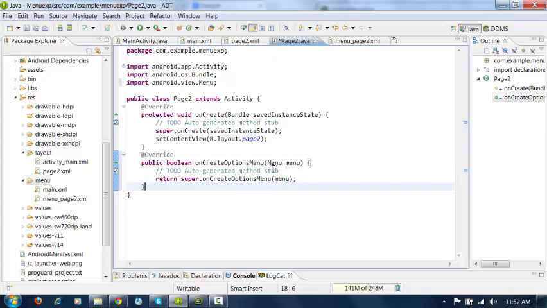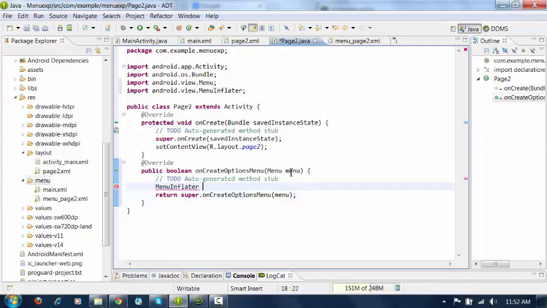Now inside this, we have to use a menu inflater. I'll give the name as inflater, if not INF, is equal to getMenuInflater.